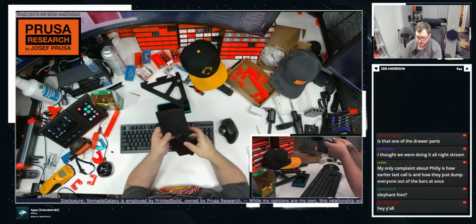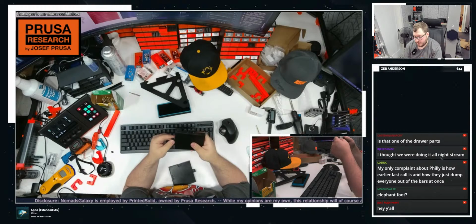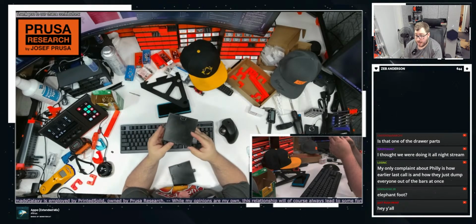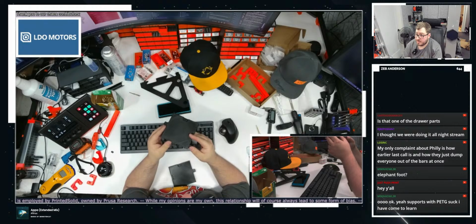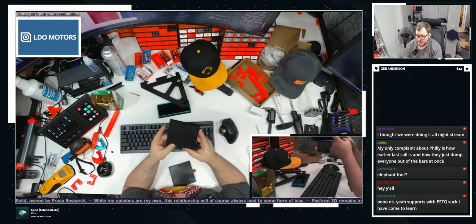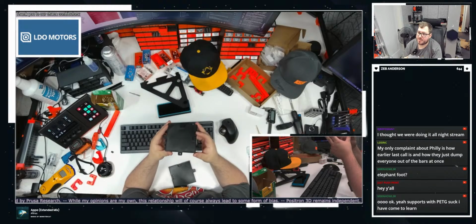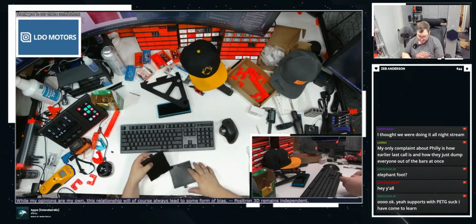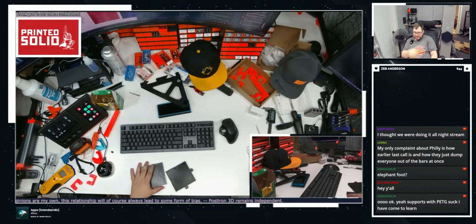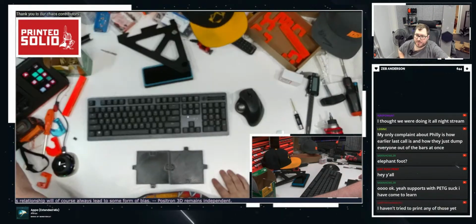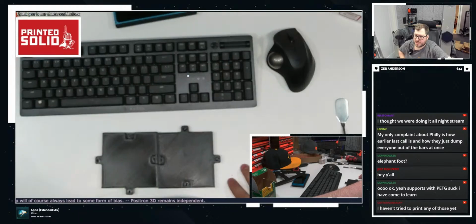Yeah. I don't know what they thought of when they designed that. I see how they should have done this, and I'm actually kind of upset that they didn't. I might redesign this. Actually, I might do that. Okay, here, let me show you how they should have done it. This is how they should have done it.